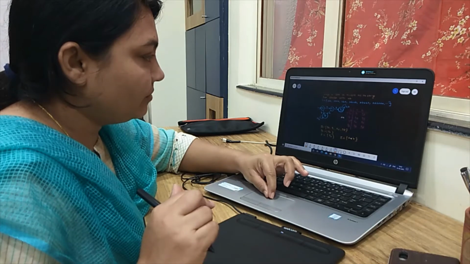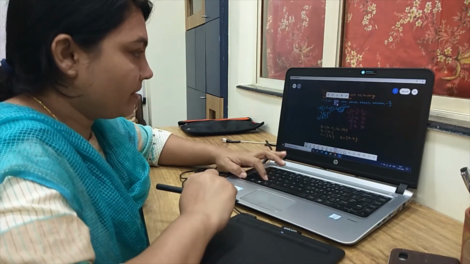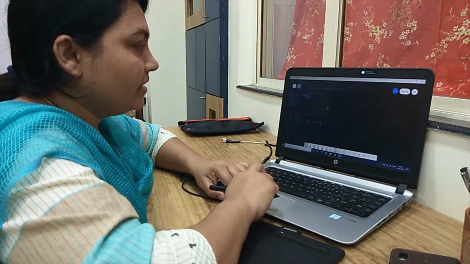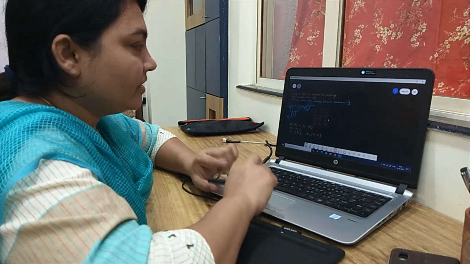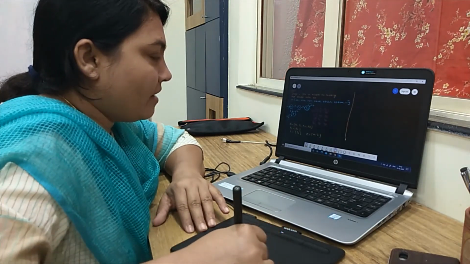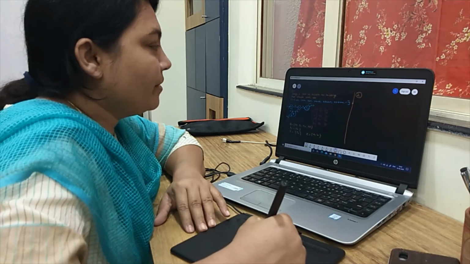You can use the mouse pad and minimize it like this, and then you may move it around like this. Suppose here is your first problem. Now you can solve another problem here, problem number 2.